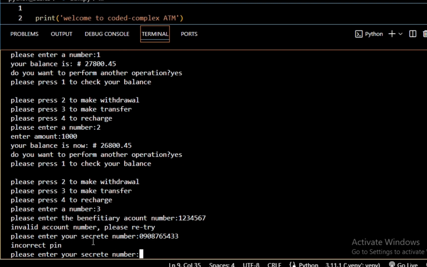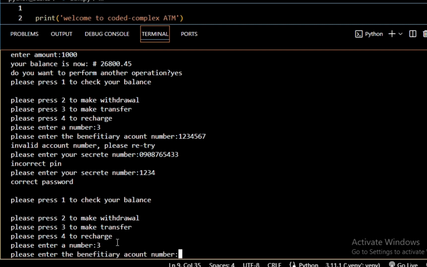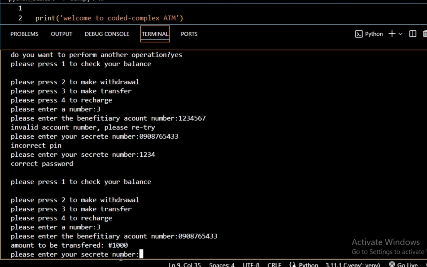Okay, this time around I think the account number should be correct. Alright, so it's correct, but then that's not what it's asking for. When I input the wrong account number, it actually took me back. I will have to put my PIN again, which is there. Okay, now I'll have to go back to do the transfer. Okay, this time around I'm putting the correct account details, and it's asking me for the amount,